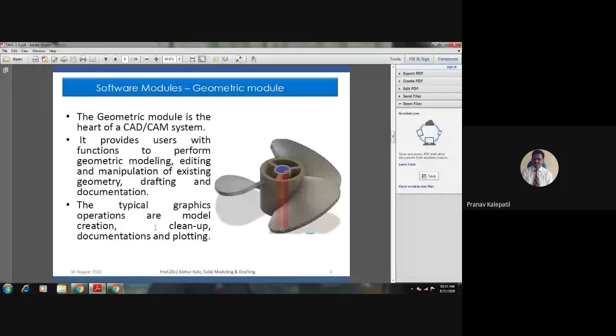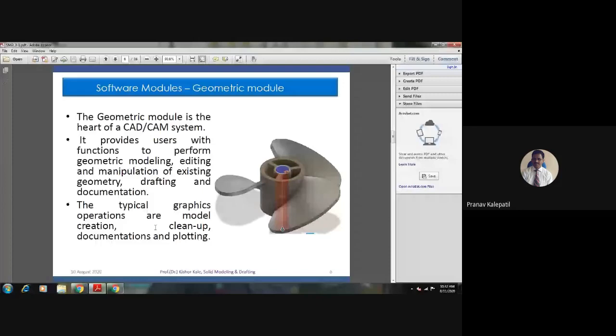Sometimes we don't delete these first two objects, though we don't require them. We require the third object which comes out of the Boolean operations of the first two. So sometimes you'll find in a drawing that such models are not deleted. So that is called cleanup.